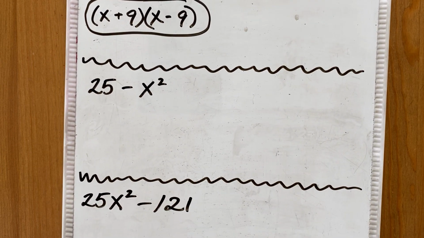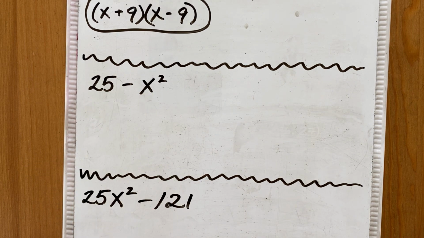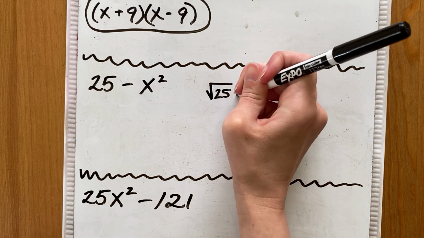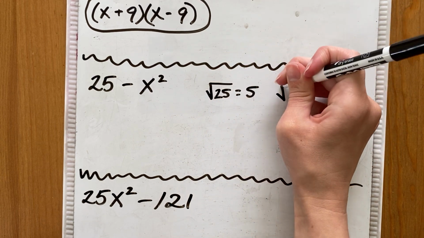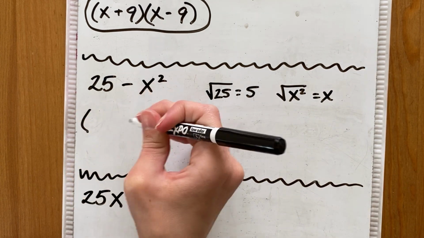Delta Math sometimes puts these, I don't know, what you might consider backwards, with the constant term in the front and the x squared in the back. But the process is still the same. I would still square root 25 and get 5. I would still square root x squared and just get x. So when I make my answer,